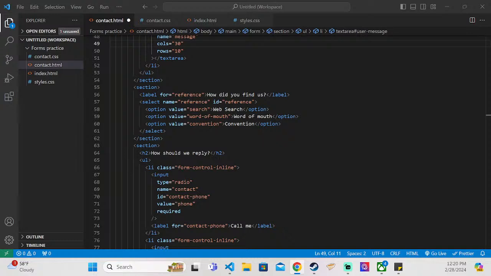Now we got a couple of other sections left here. One section with radio buttons, where users can select how we should contact them. One section with